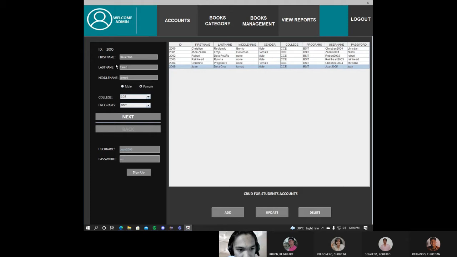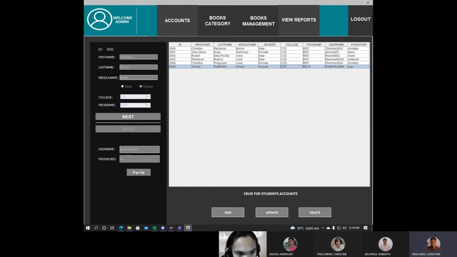He can rename his last name, edit his middle name, click whether he's male or female, and he can also change his username and the password. Upon clicking sign up, as you can see, the table will be updated, and the updated data will also be displayed in the table. For the delete button, the user should click